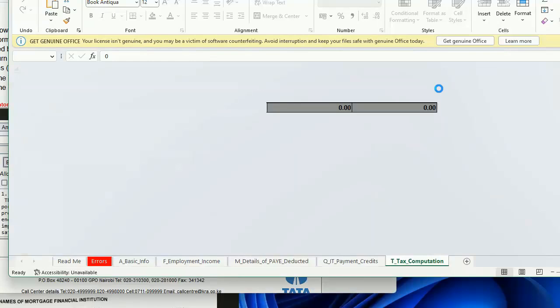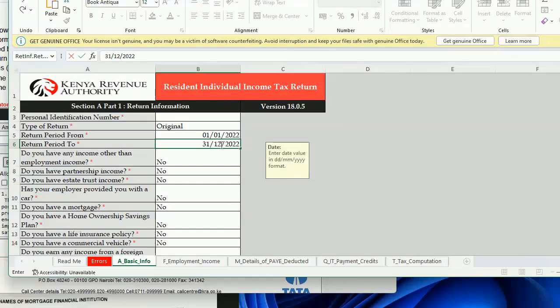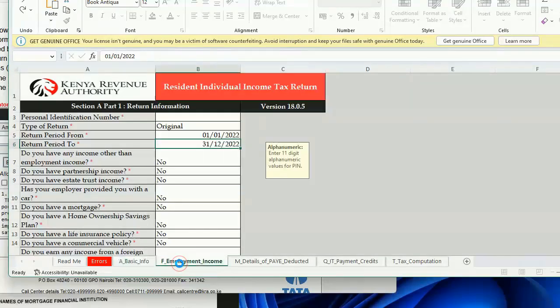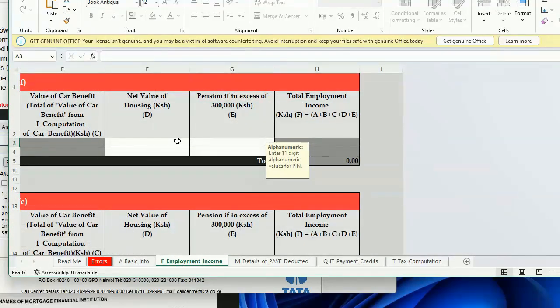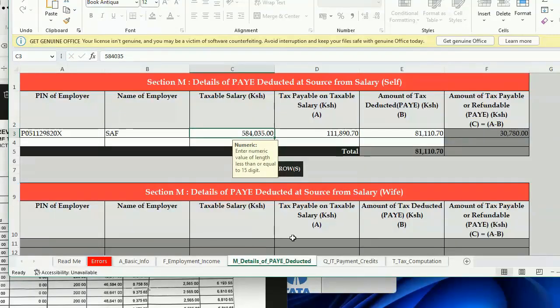So I think that one we've solved. So now let's fill the form. I've done this tutorial in the past. Maybe I'll give the link for those who want to go and study on that. So let me just populate this form fast enough. Just fill it where you work, if it's staff, and your salary being as I've shown here. Just fill the form. I believe everybody has their P9 form, and so you just fill it up,